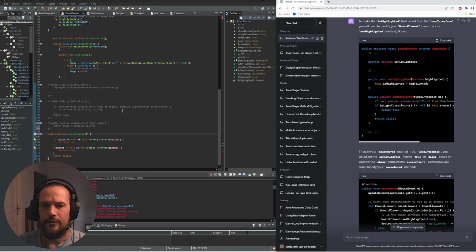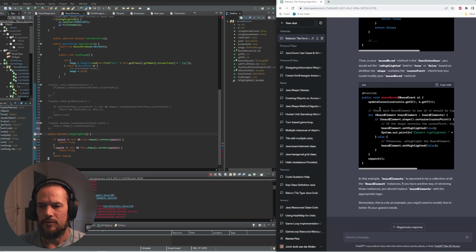But going forward, of course I want all kinds of logic to decide whether to highlight a thing and how to highlight it, depending on all kinds of logic that probably comes effectively from the user interface. So